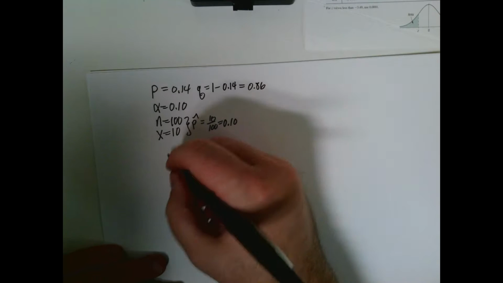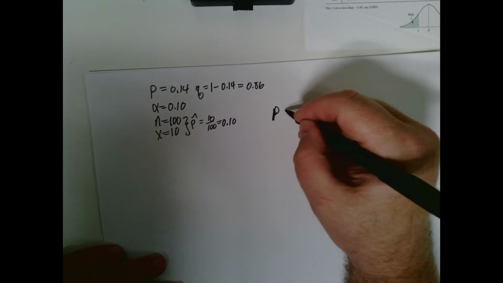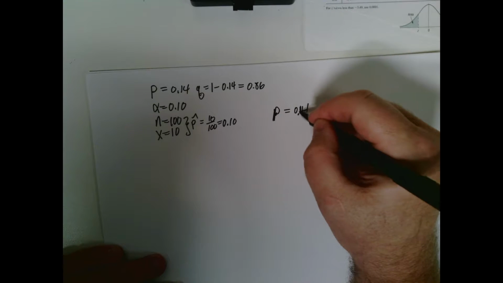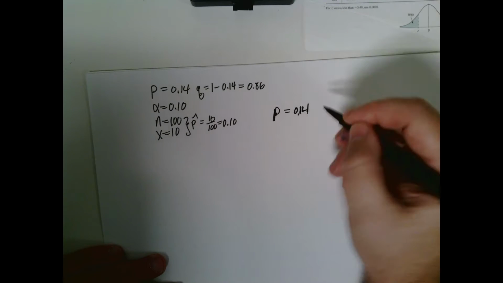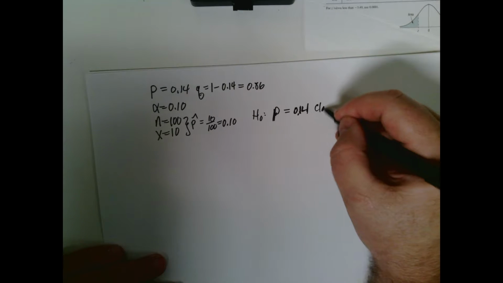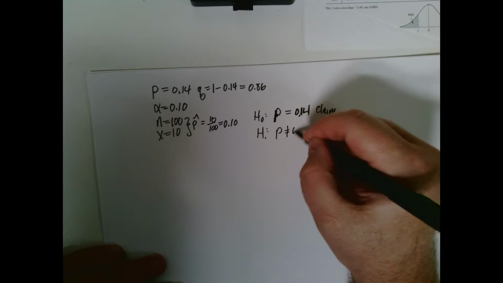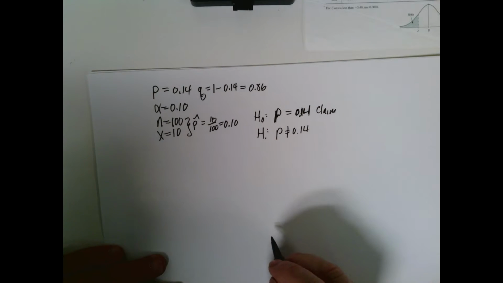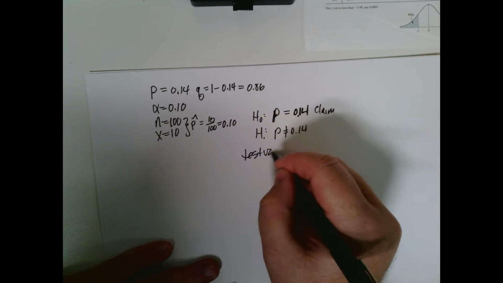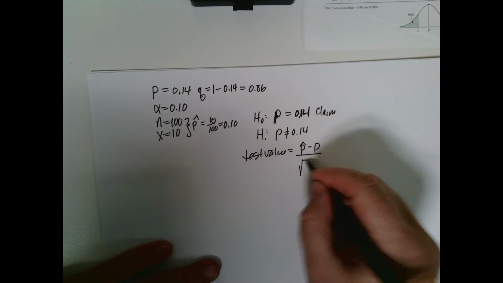Okay, now our claim is that our proportion actually is the 14%. So that's the null, that's the claim. So our alternate is not 14%. Okay, so we're going to find our test value, and that's to plug it into our formula,